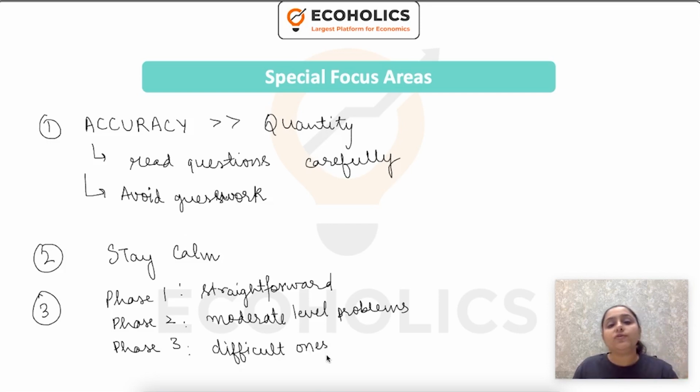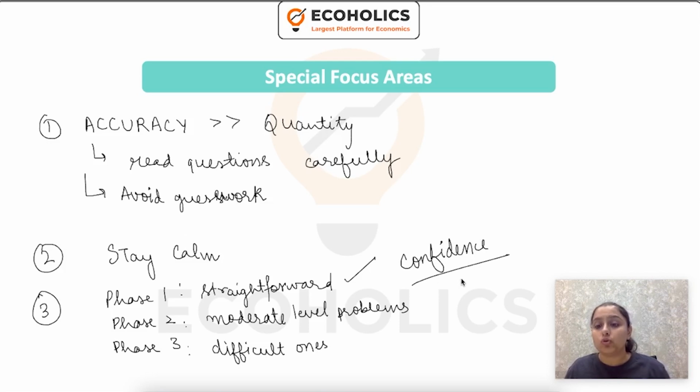If you follow these phases, you are going to make fewer mistakes, because when you do the straightforward ones, let's say there were 5 numericals which were straightforward, when you solve all those 5 numericals, you get the confidence that okay, I know the paper, I'm going to score well. That confidence will not allow anxiety to take over. But if you start from the difficult ones immediately, your brain will get tricked that you don't know anything, and whatever you know, the brain is not going to work at its efficiency.